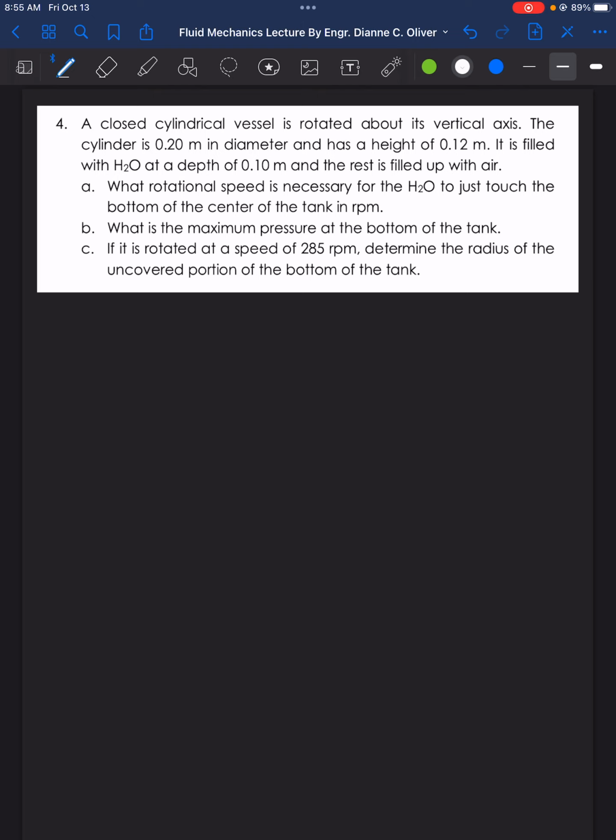The cylinder is 0.20 meter in diameter and has a height of 0.12 meter. It is filled with water at a depth of 0.1 meter and the rest is filled up with air. Letter A, what rotational speed is necessary for the water to just touch the bottom of the center of the tank in RPM? B, what is the maximum pressure at the bottom of the tank? C, if it is rotated at a speed of 285 RPM, determine the radius of the uncovered portion of the bottom of the tank. So we have here our cylindrical tank,